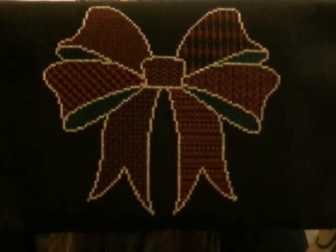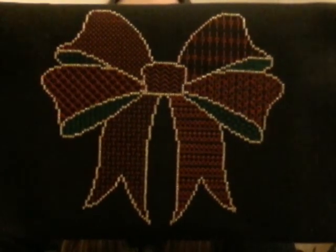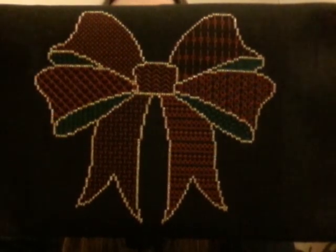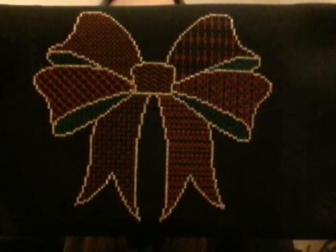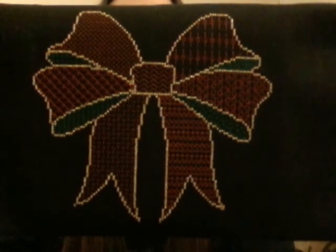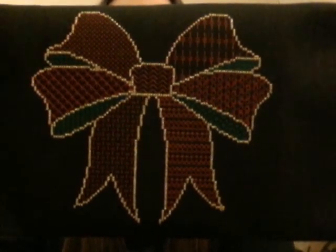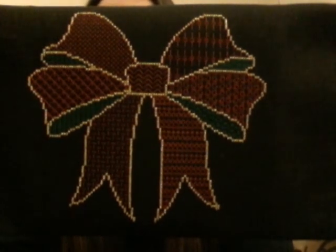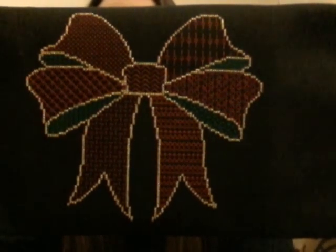Is it on there? Okay. It was done in 321, I believe, is the red, and the 699 was the green. And then the Petite Treasure Braid gold was the outlining. My husband wanted white, but I was right. Gold looked better. So this took me less than a month to do because it was the January stitch along